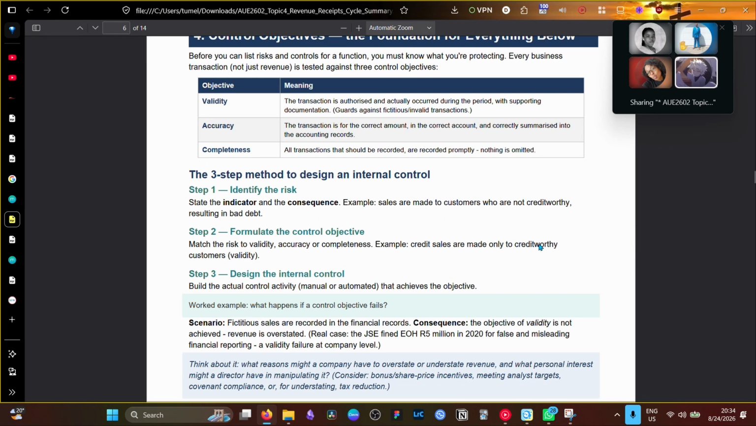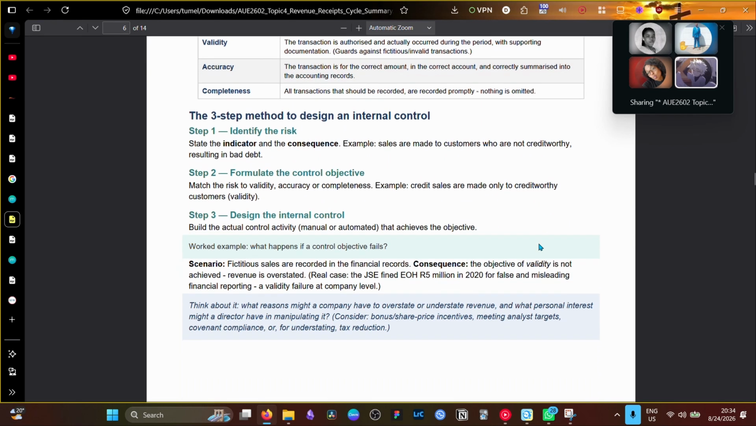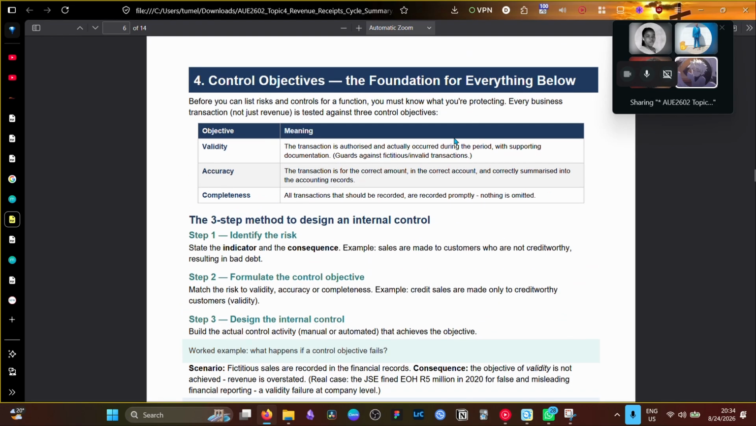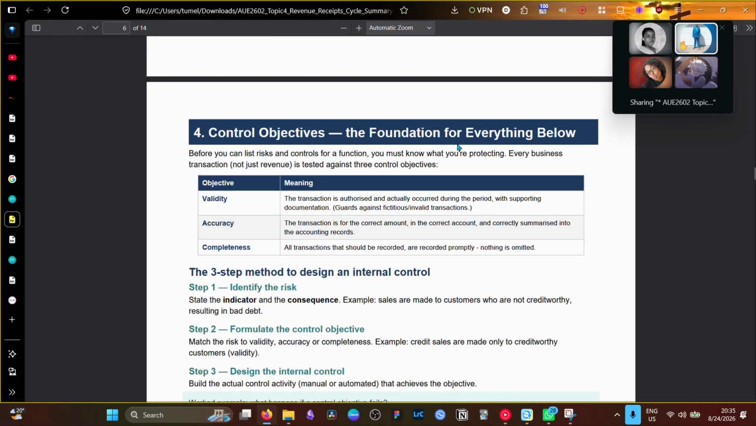Just saying, because things relate. Now, the three-step method to design an internal control. Yes, I wanted to ask, where does this thing fall? I think this thing falls under, what do you call it? Is it assurance or